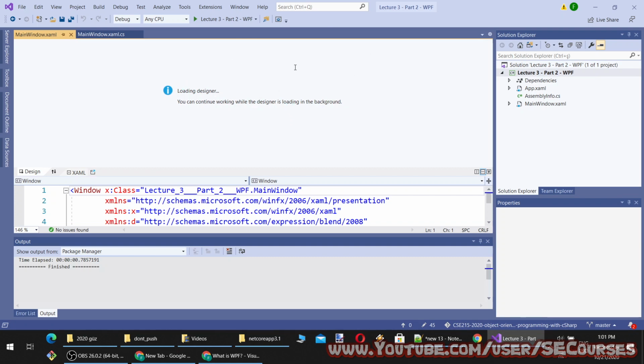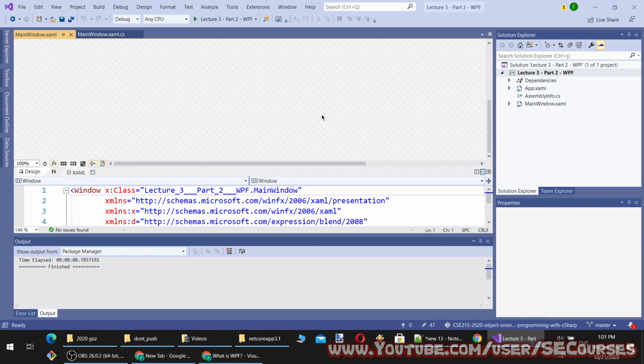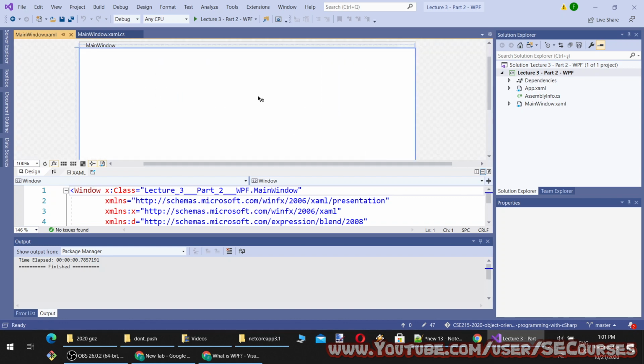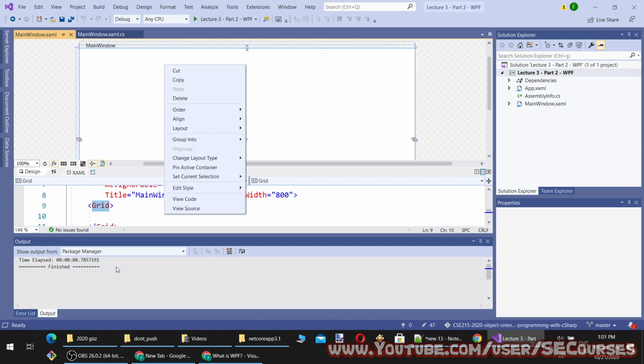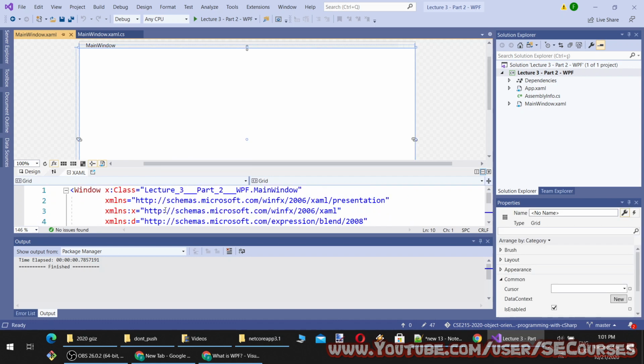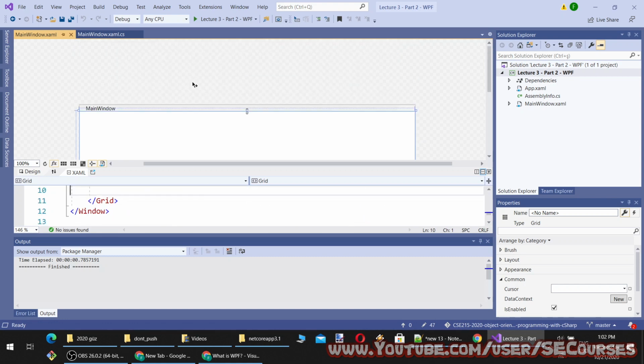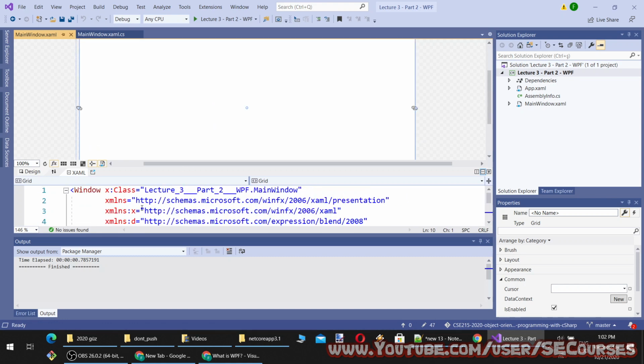The designer is still being loaded, and it is loaded like this. It has an XML structure in the background. Based on this XML, it composes this interface.